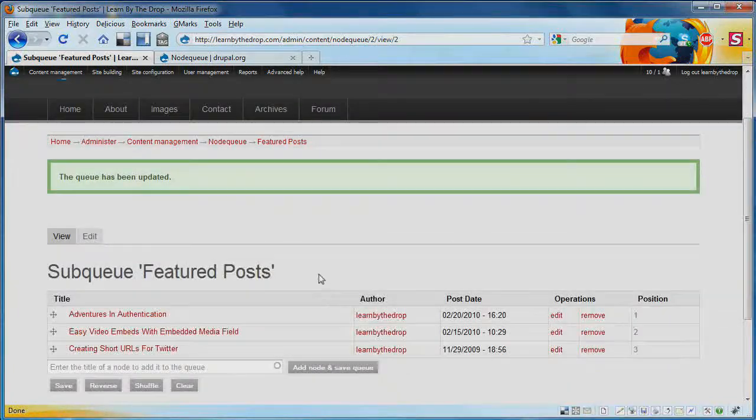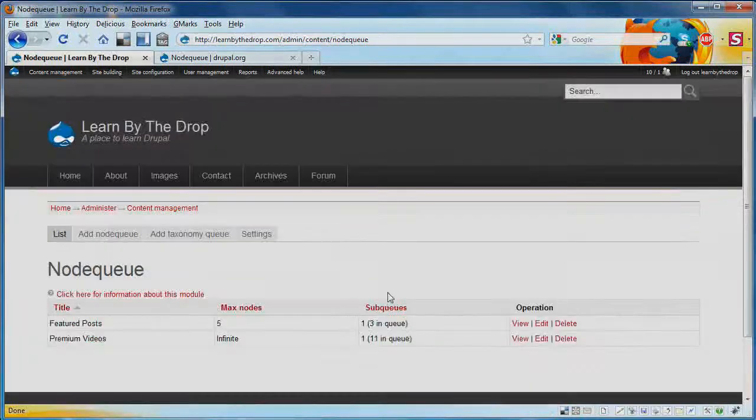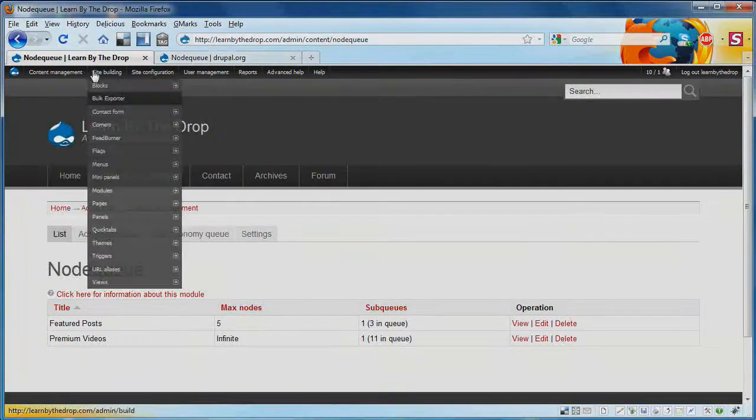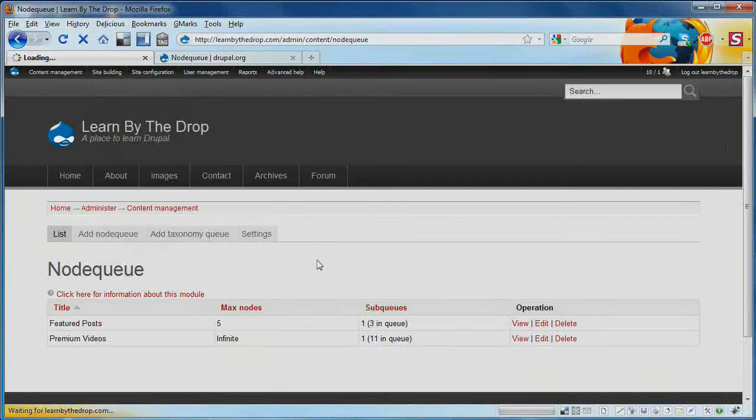Okay, so once you have your node queue, let's go back to the top level of node queue there. So you see we've got our 2 node queues there. The next thing that you might want to do is, again, you could use views to create a particular way to display that on your site, whether it's a page or a slideshow or a block. And if we go to site building views add,